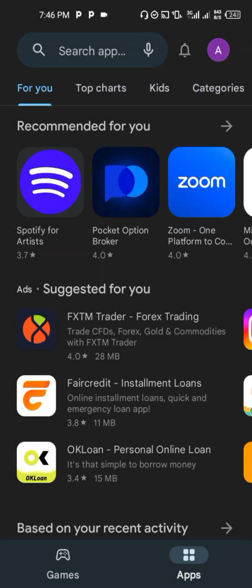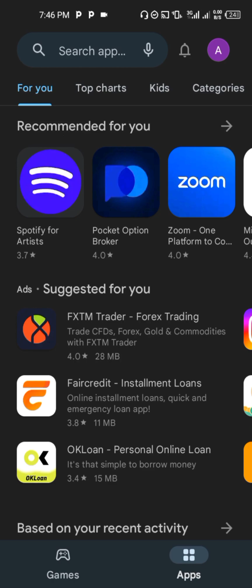So hey guys, for today I'm going to show you how you can get free 1 GB on MTN. Just follow the steps which I'm going to tell you and you'll get it in just 5 minutes or less. But stick to the video so that I can give you more tips for getting even more data or MBs on